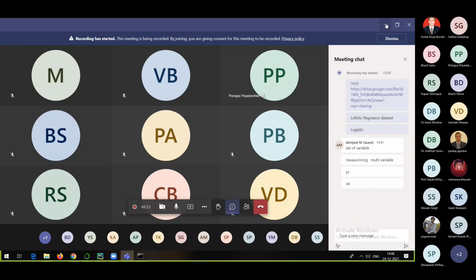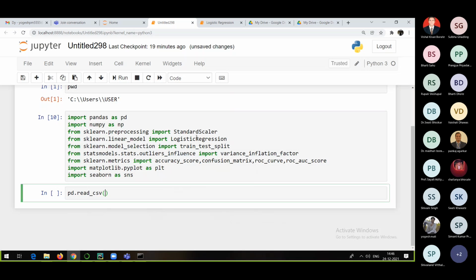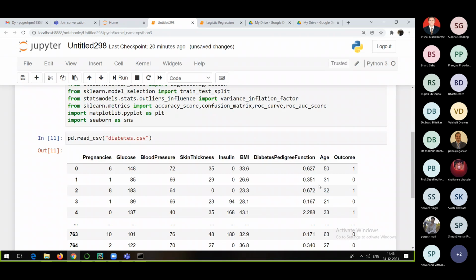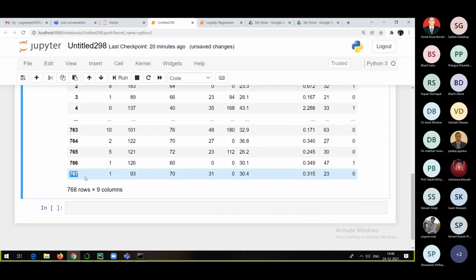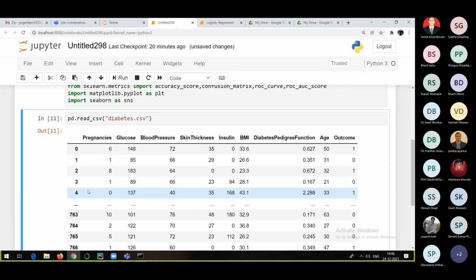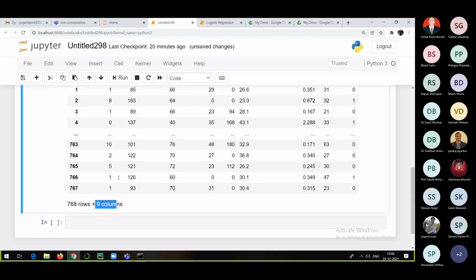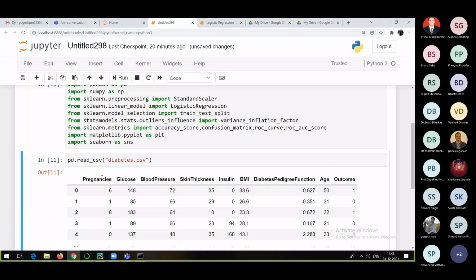Fine. So I hope you people have that particular file in your working directory, everyone. The diabetes.csv file is there in your working directory. Now if you want to read it, just write down the name diabetes.csv, and now you'll be able to see the data. Yes, the complete data is imported. Just check it. All the 768 rows, 0 to 767. It means 768 rows and 9 columns are there. Pregnancies, glucose, blood pressure, skin thickness, insulin, BMI, diabetes pedigree function, and age.